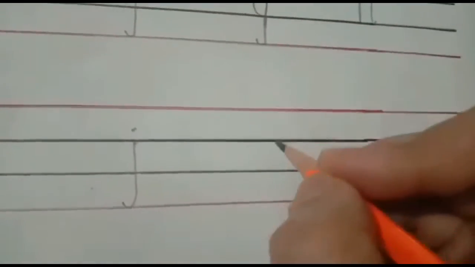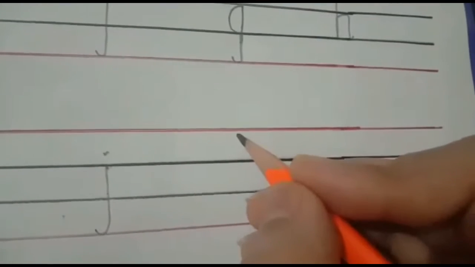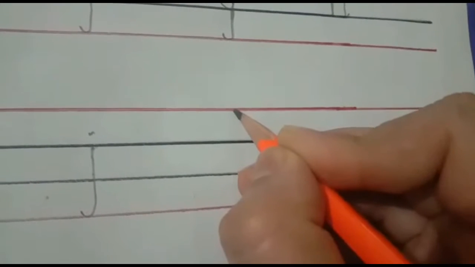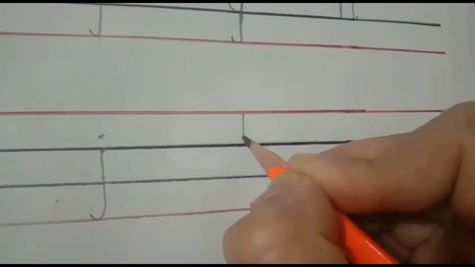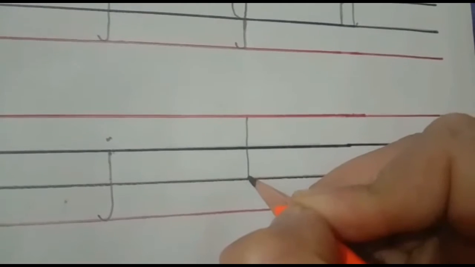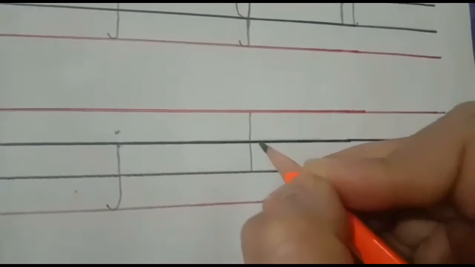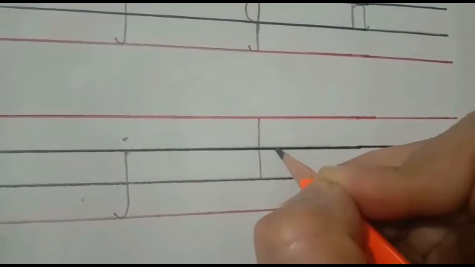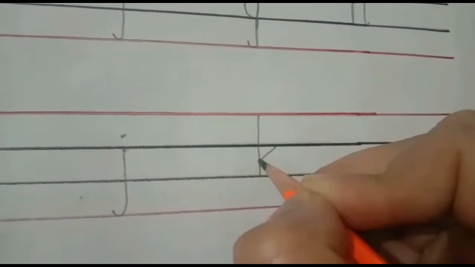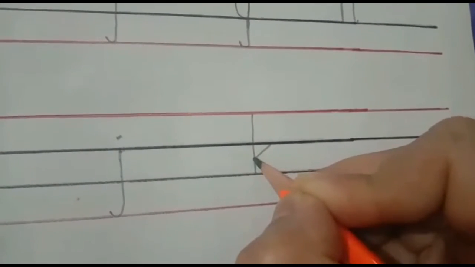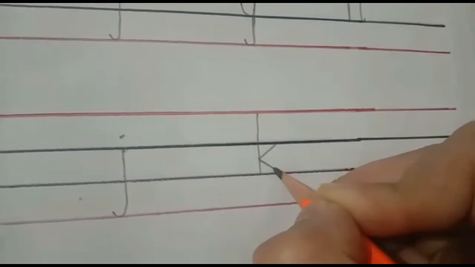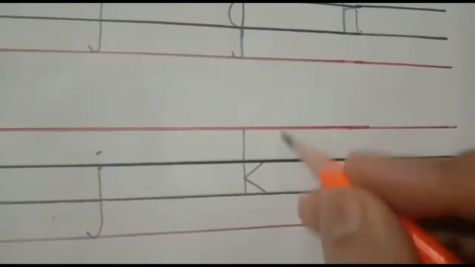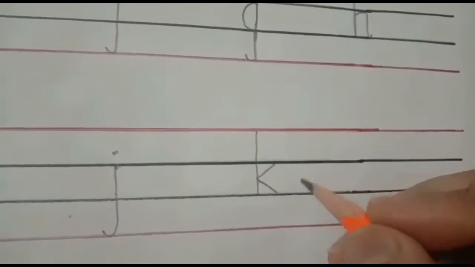Now next, what comes after letter J? Yes, letter K. For small k, I will start from the top line. Now make a straight line like this and touch the base line. And now for the next step, I will make a slant line with the middle line like this. And now I will make another slant line and touch the base line. Yes, this is small k and it should be in upper 3 lines, and the sound of this letter is